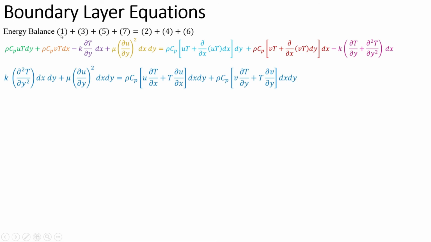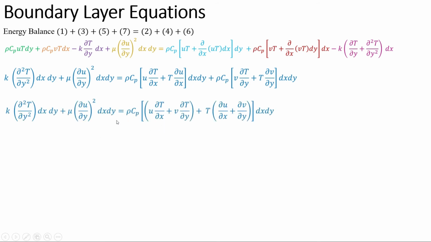After this simplification, we have k ∂²T/∂y² dx dy plus mu (∂u/∂y)² dx dy is equal to this. After the simplification, we have this equation. You can simplify this equation by yourself on your notebook. I would recommend you to solve the equation, which is a multicolored equation, and then derive this equation, and you can further cancel dx dy from both sides